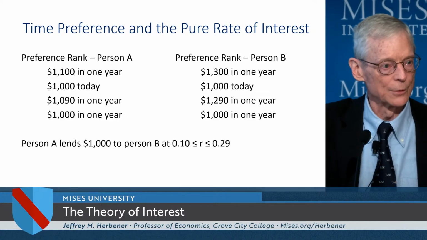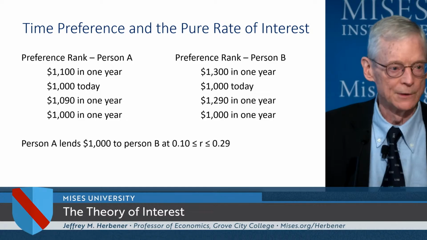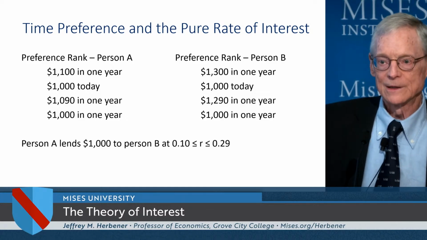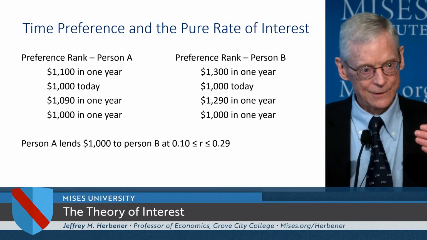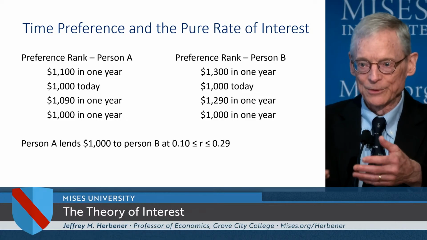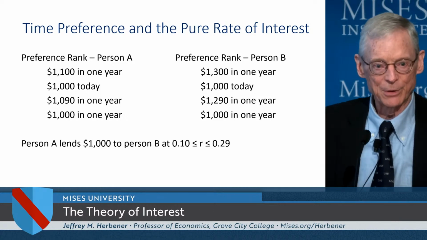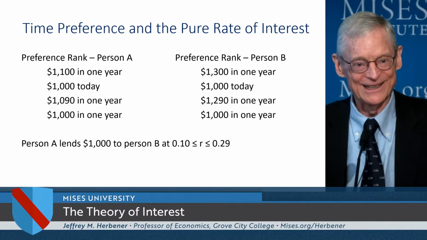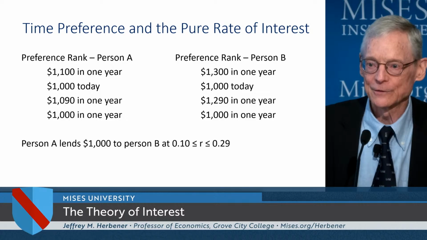If a borrower came to them and said, I'll give you $1,090 in a year if you lend me $1,000, they wouldn't do it. That's what that preference rank says, right? By the way, again, the preference rank is just an analytical device. Remember, what we're using it to explain is that you have actual people out in the world and they're negotiating, and they can't reach an agreement and so they part ways, or they reach an agreement and they make a trade. That's all we're using the preference rank to illustrate. It has to look like this logically.